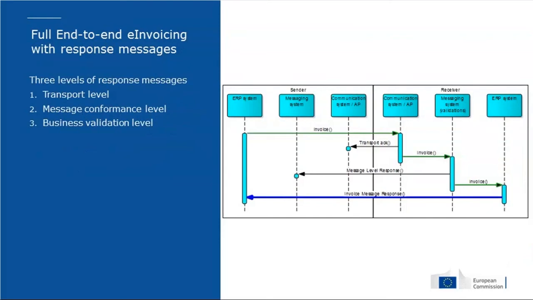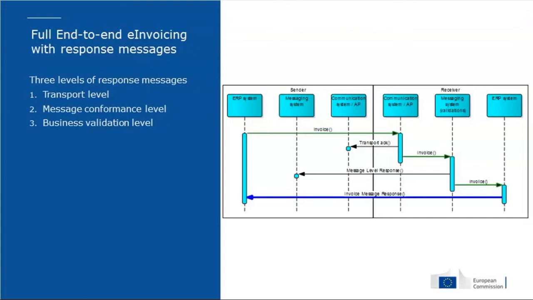I see now that this slide is a little bit hard to see exactly what's going on here, but the point is that when I send my invoice to you, as soon as the message has been transmitted technically, I get a transportation acknowledgement back. That is a normal functionality of the transport protocols used. But then after that, there's the possibility that if the invoice is invalid or incorrect, I can get a response back on the message level, saying that, sorry, your invoice is not following the standard, or something along that line.